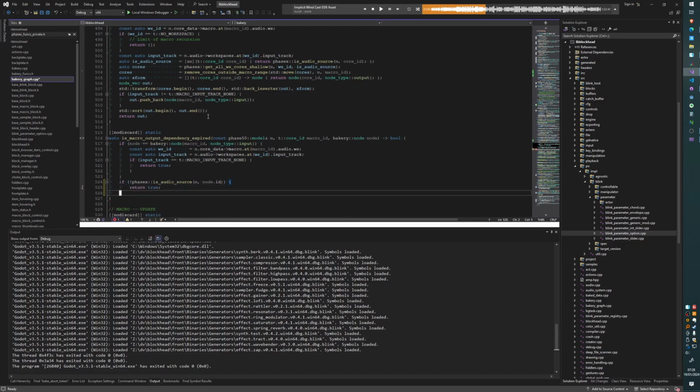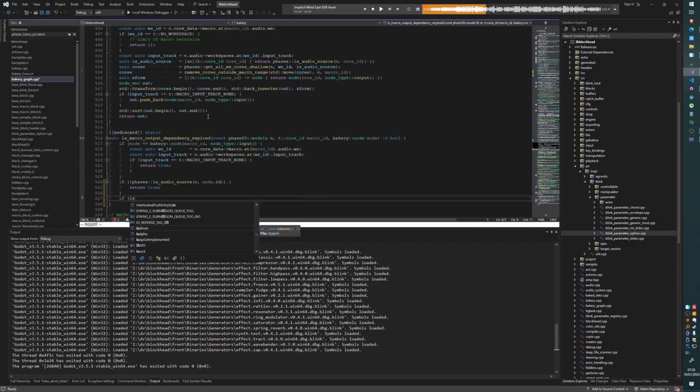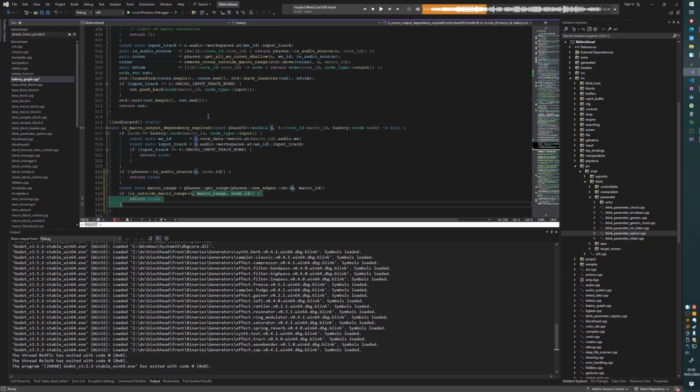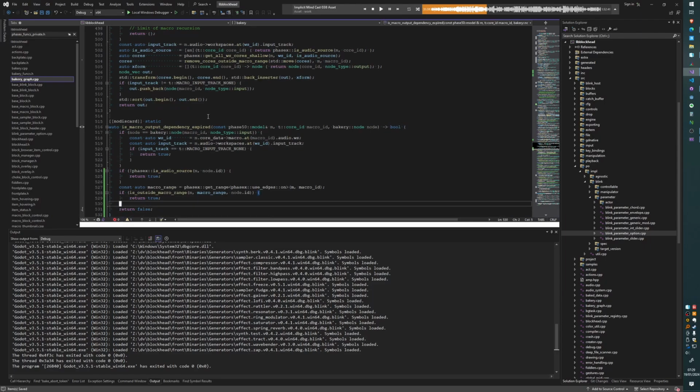return true because it's expired. If, what was it called? Is outside macro range. Macro range equals this. If, then return true because it's expired, otherwise we return false. Okay, and then we need to do